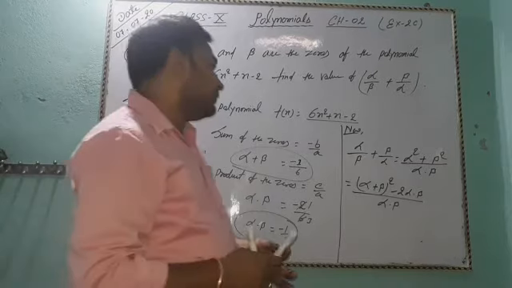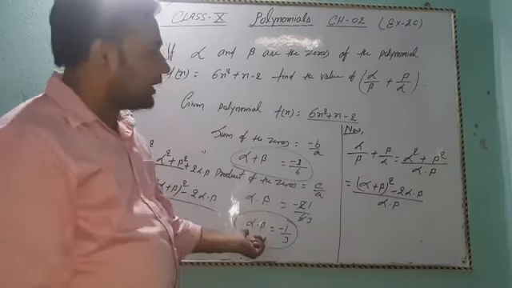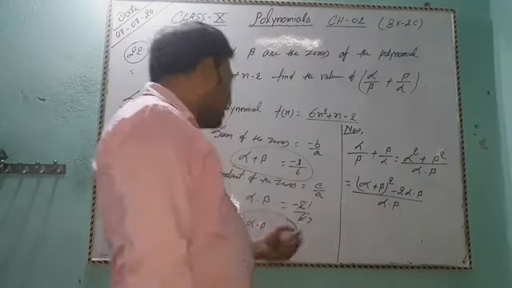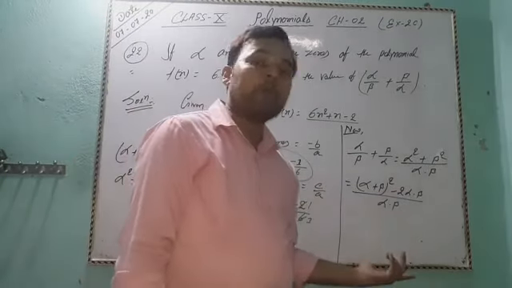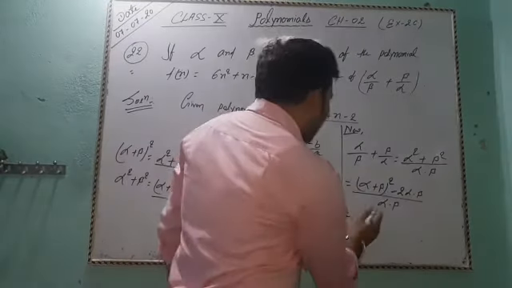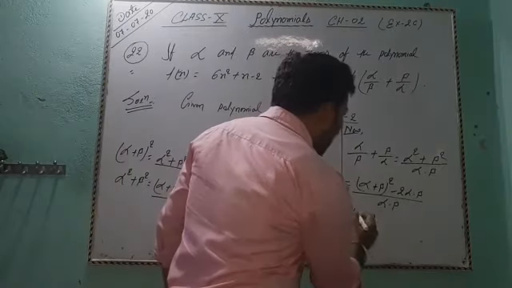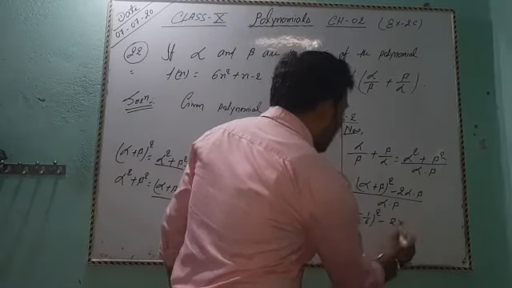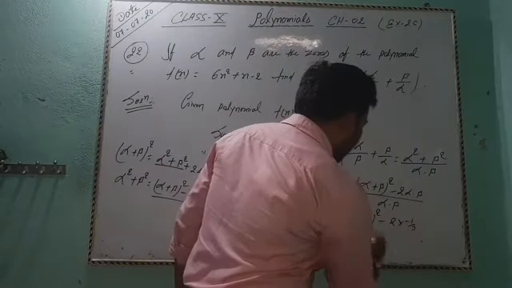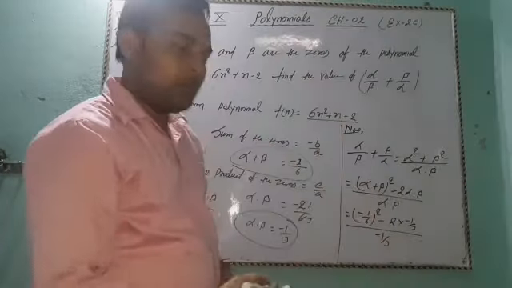ऐसा इसलिए किए क्योंकि हमारे पास दोनों चीज का वैल्यू है, एक अल्फा प्लस बीटा का और एक अल्फा इंटू बीटा का, और यहाँ हमारा आ रहा है अल्फा स्क्वायर प्लस बीटा स्क्वायर. सो इसको हम लोग चेंज करके अल्फा प्लस बीटा और अल्फा इंटू बीटा के फॉर्म में कन्वर्ट कर दिए. चलिए अब वैल्यू पुट करने में हमें आसानी होगी. अल्फा प्लस बीटा इक्वल टू -1/6, सो -1/6 का होल स्क्वायर -2, और अल्फा इंटू बीटा इक्वल टू -1/3, एंड हियर इज -1/3 divided by -1/3, the alpha into beta.